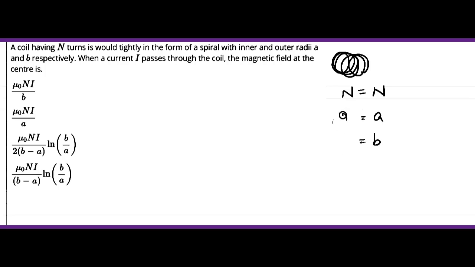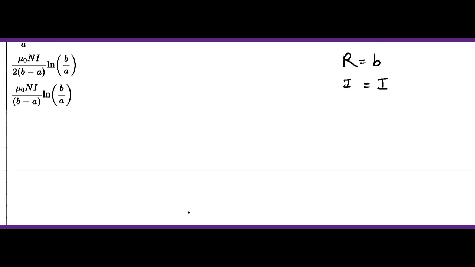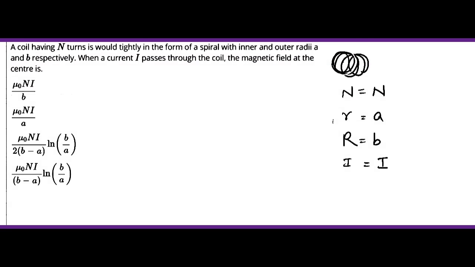The inner radius is a, the outer radius is b. We can say this is r and this is capital R, and the current is I. So what would the magnetic field at the center be equal to? This would be a continuous spiral, correct? So at a distance r, we can consider a thickness